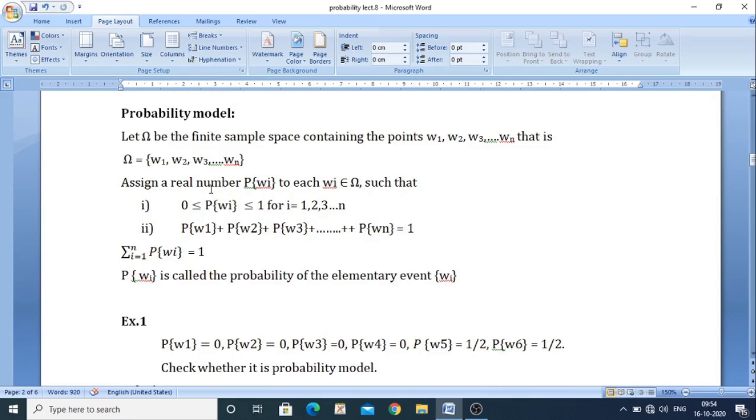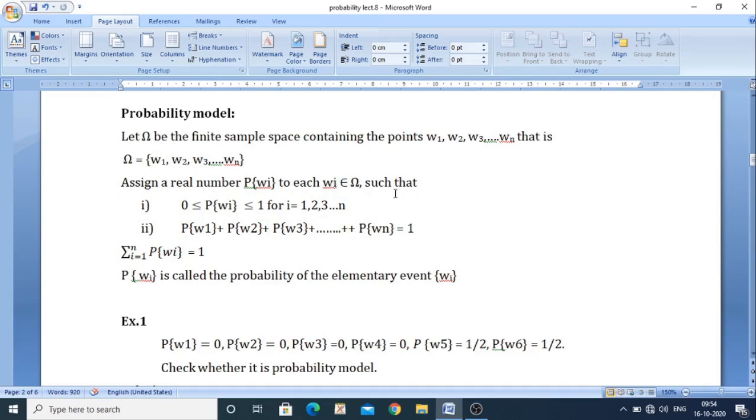Now let us go towards the probability model. Let omega be a finite sample space containing the points omega 1, omega 2, up to omega n, that is omega is equal to {omega 1, omega 2, ...}, in the curly bracket we have written. So these are the finite number of elements. Assign a real number p of omega i to each omega i. That means for every element we have a probability, denoted by p of omega i,